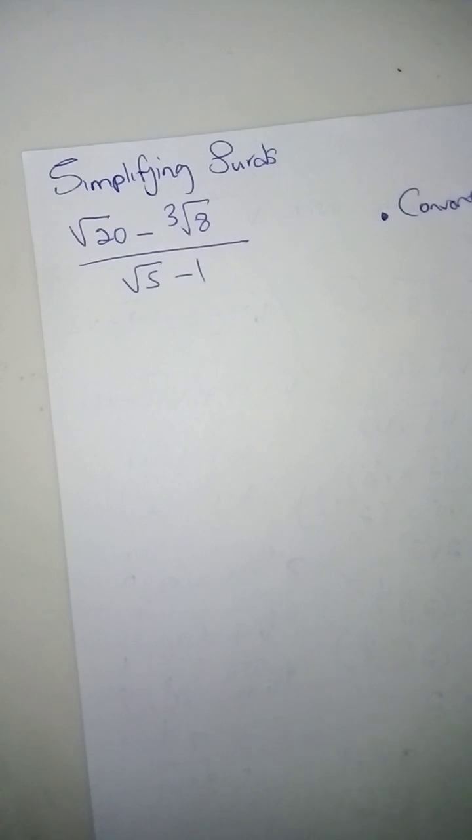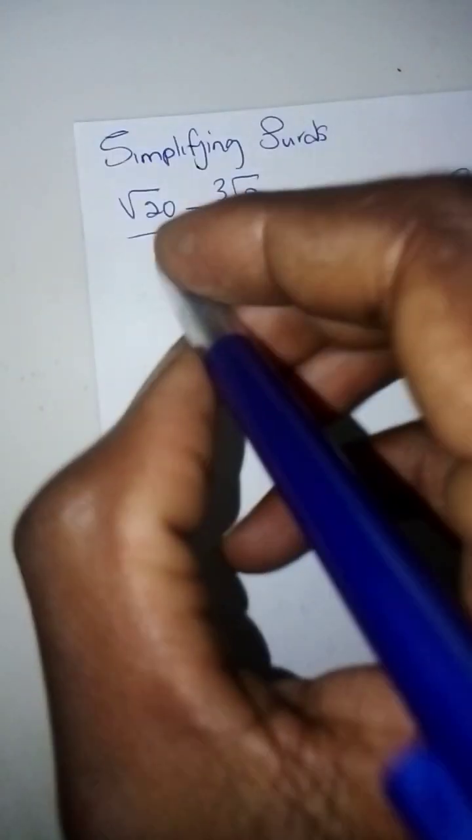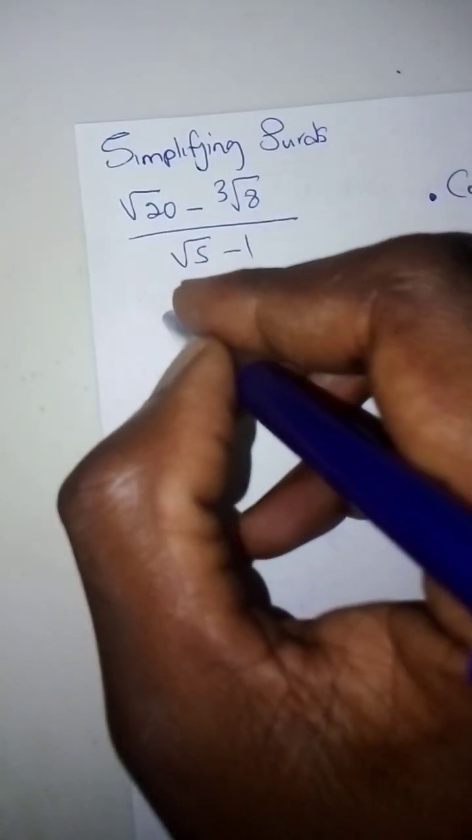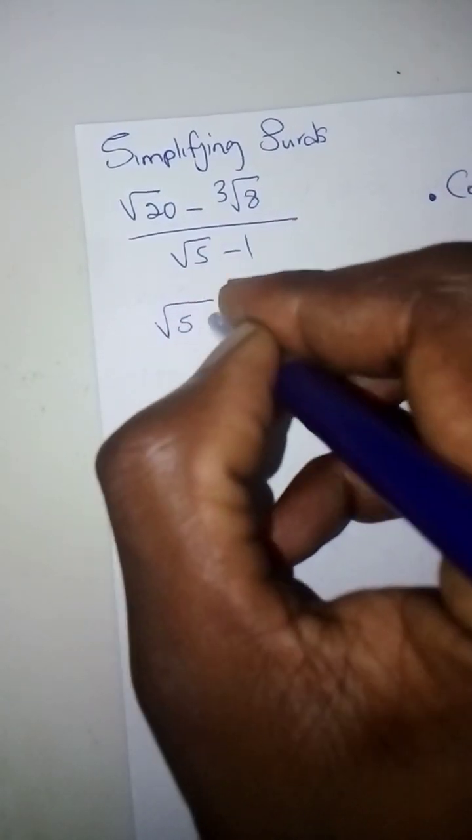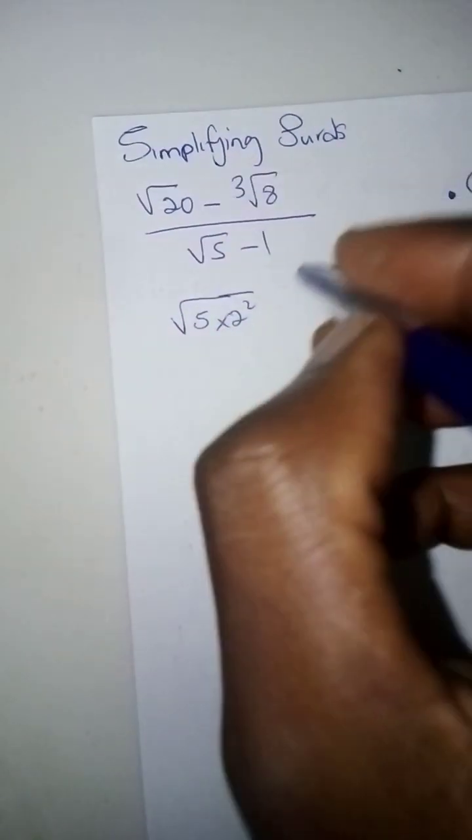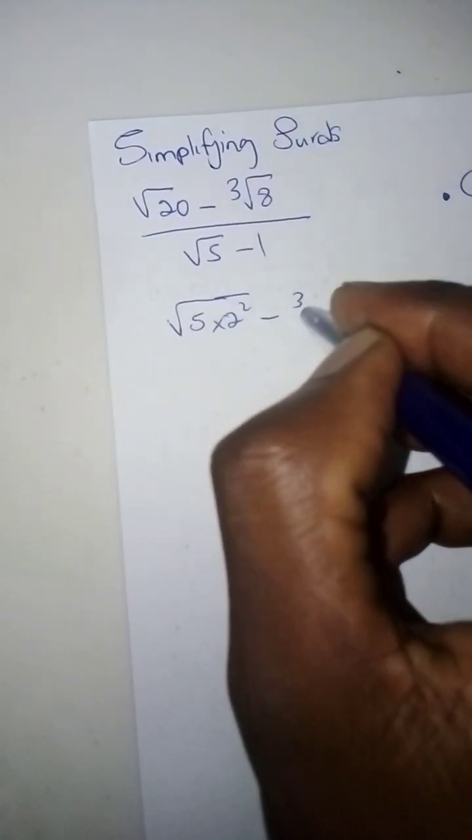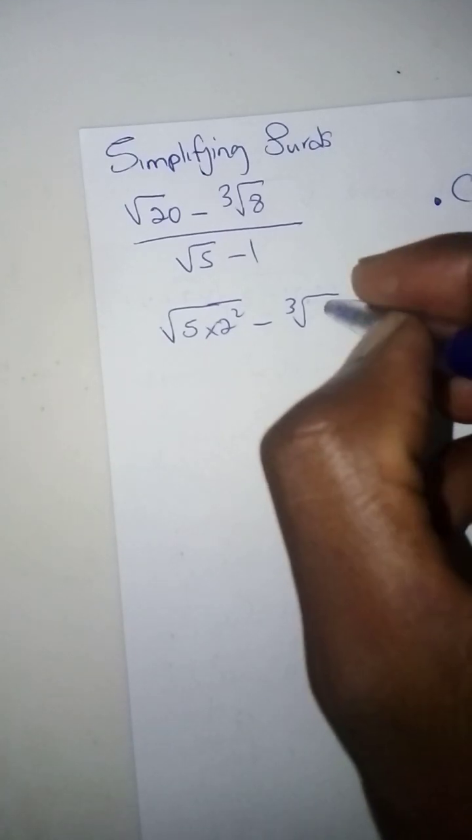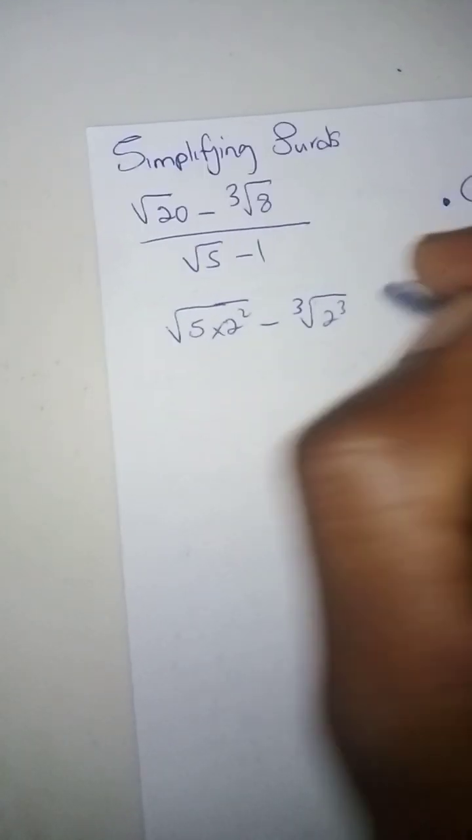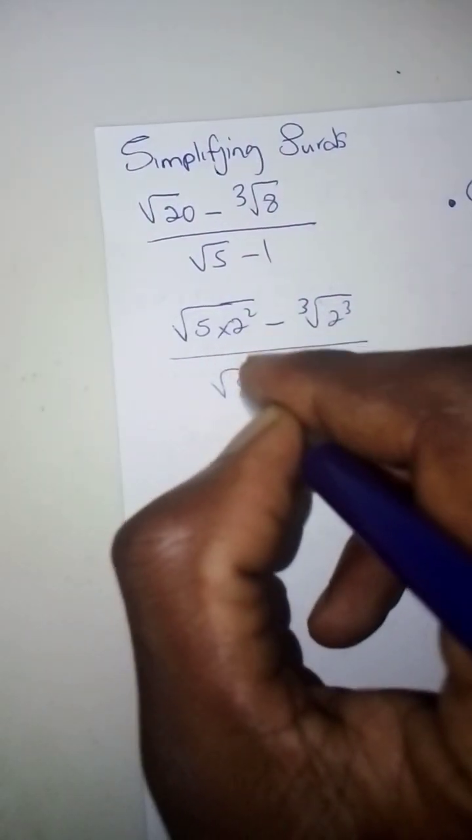Right, so now let's look at our whole numbers inside our square root. So we have 20 and we have 8, right? So now let's start with 20, right? So in 20 we know that we have 5 times 2 squared, minus 3, a square root of 2 cubed,